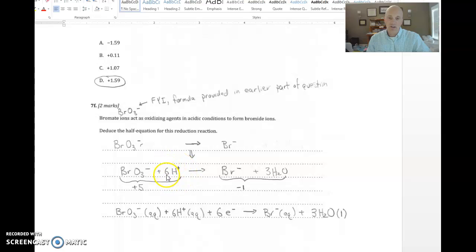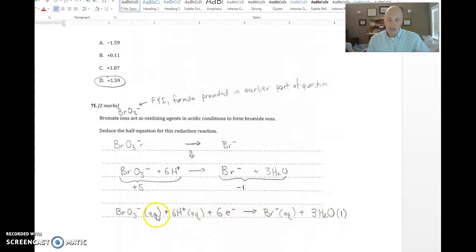All right, so now we're at the step where we want to add electrons to balance out the charge. And overall, this has got a +5 charge on this side. This has got a -1 charge on this side. So what that means is we have to have 6 electrons on this side. We need to add 6 negative charges over here, so that the overall charge over here would be equal to the overall charge here. We do that by adding the 6 electrons here. So that would be the overall